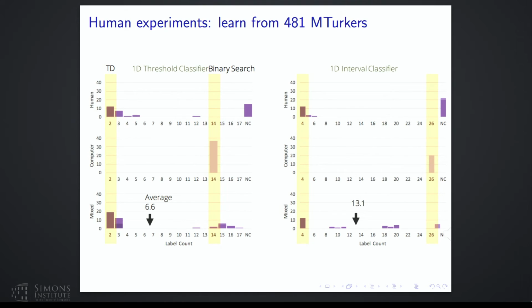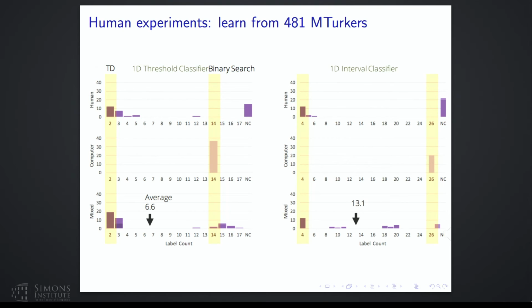Okay, let's see, 5 minutes, 10 minutes? Oh. So let me show you some real experiments. So here, by Turkers, I mean human teachers. Okay, they are teaching us this 1D problem. Actually, we have 2 problems. One is 1D threshold. The other is 1D interval, as I showed. There's a target interval. In each plot, the x-axis, these are the number of iterations that's needed for the teacher to fully specify the concept.